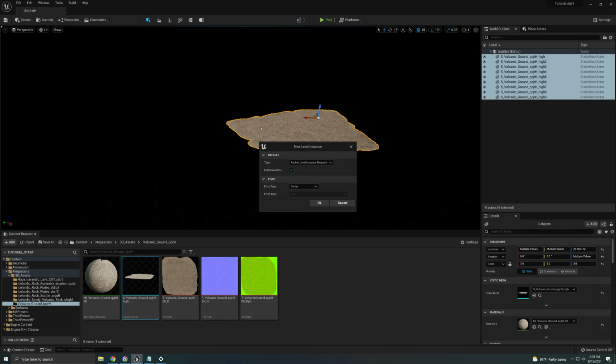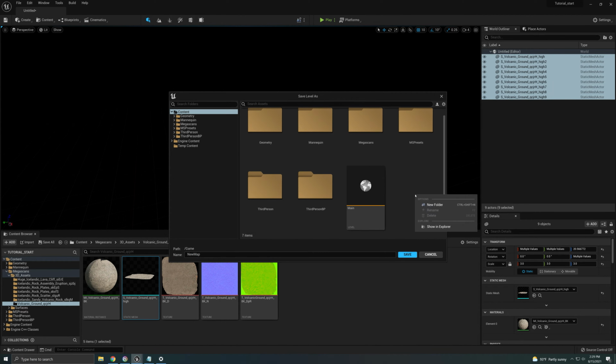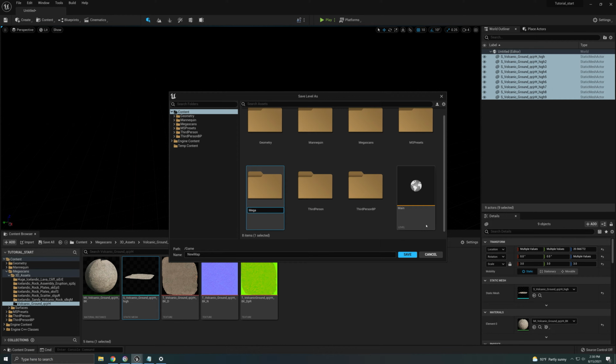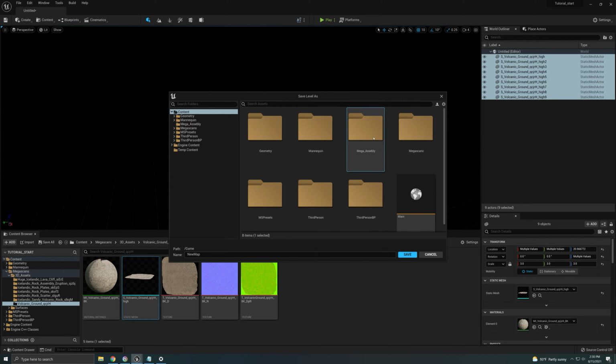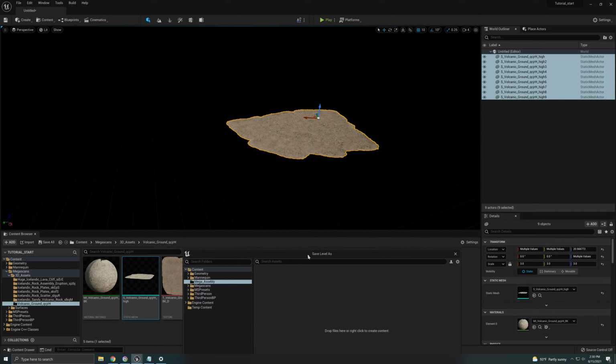If you watch my video on the mega assemblies, I actually show how to make the pivot with an empty actor, so you can customize it a lot easier. Now we're going to hit OK. And over here, I'm going to create a new folder, call it Mega Assembly, so it doesn't get funny words. Double click it. Now we're going to call this